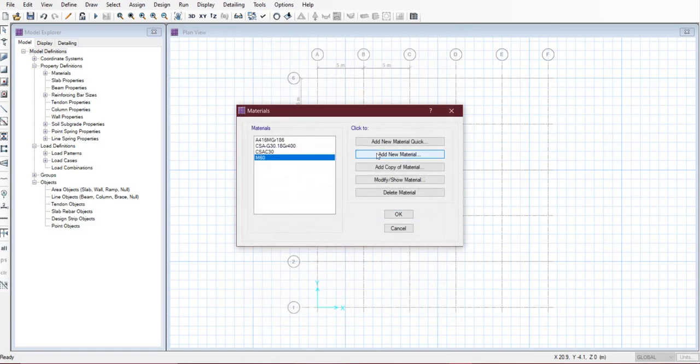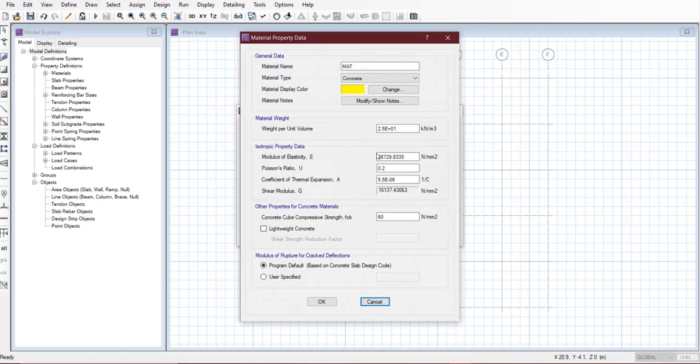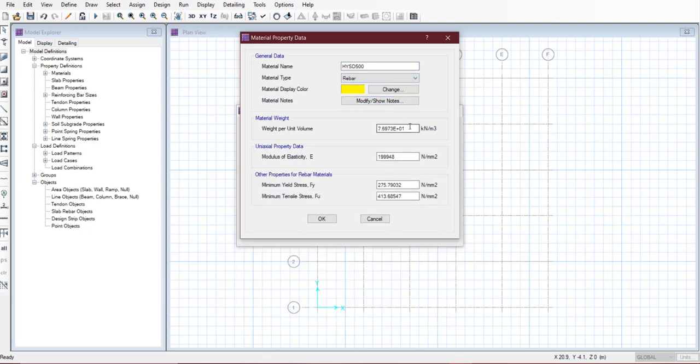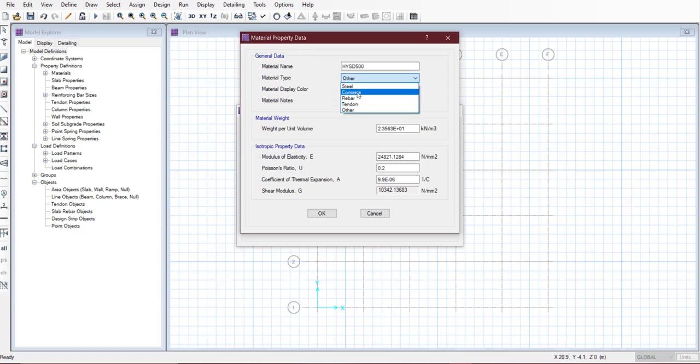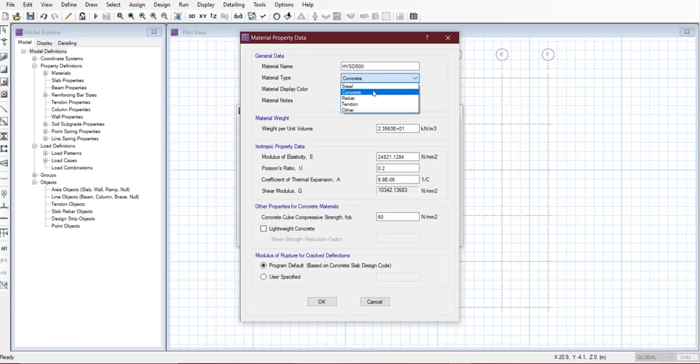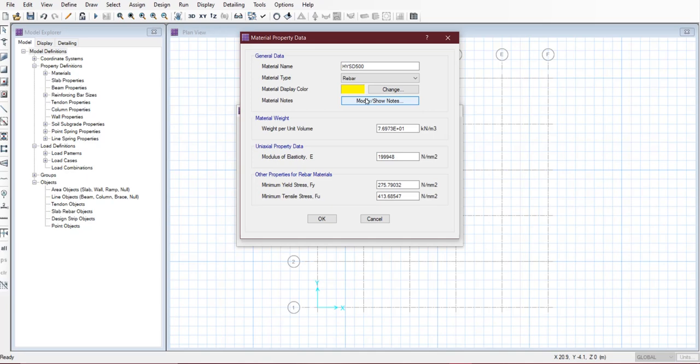Also we will add the same properties for HYSD 500 bar. Select here as rebar. Sorry, in material type change to rebar, and weight per unit volume will be 7850.